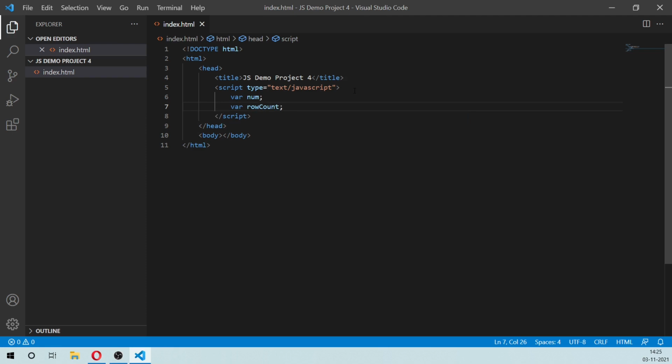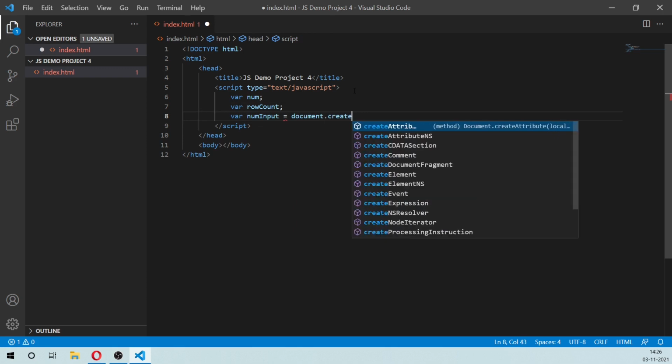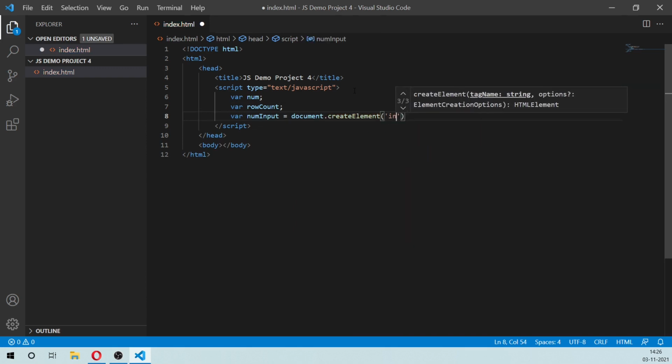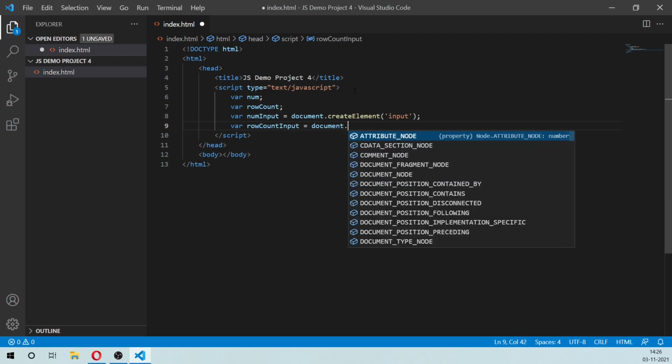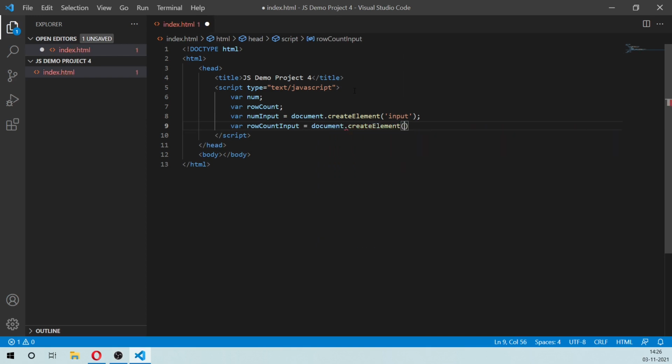Now let's create the elements in which we're going to capture the inputs for these numbers. So we'll create the input tag, and also we'll create row count input, document dot create element input.